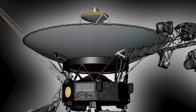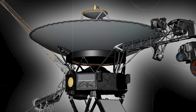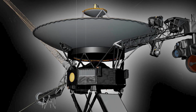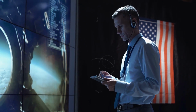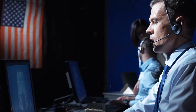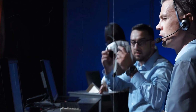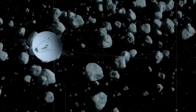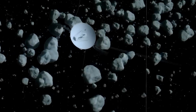The fault turned out to be with the AACS computer, which Voyager I had decided to use to send data back to Earth. However, the older, faulty computer corrupted the data, resulting in the strange numbers. NASA resolved the problem by instructing Voyager I to switch back to the correct computer. While this problem was resolved, it highlights the challenges and potential risks of further malfunctions as Voyager I continues its